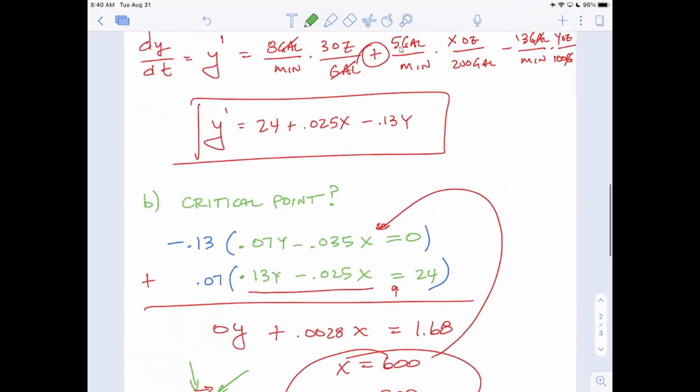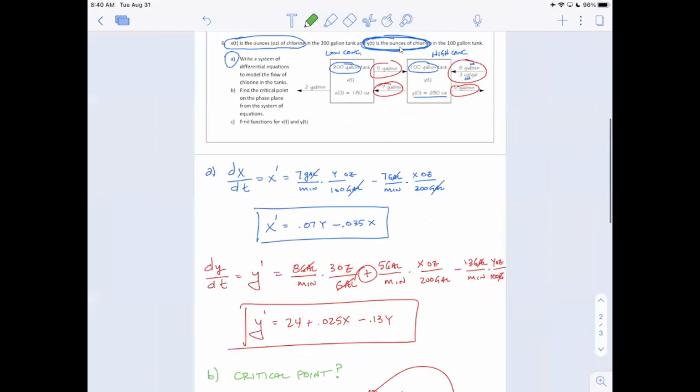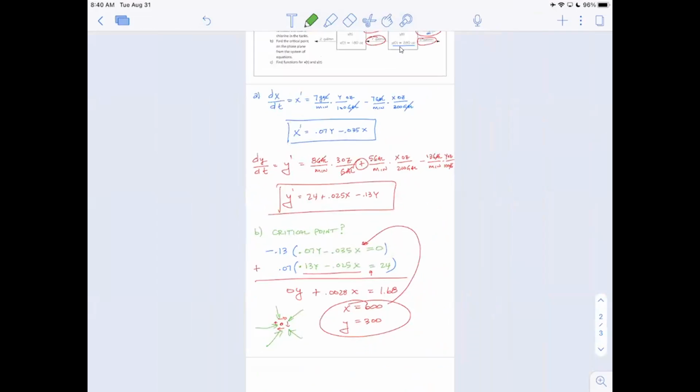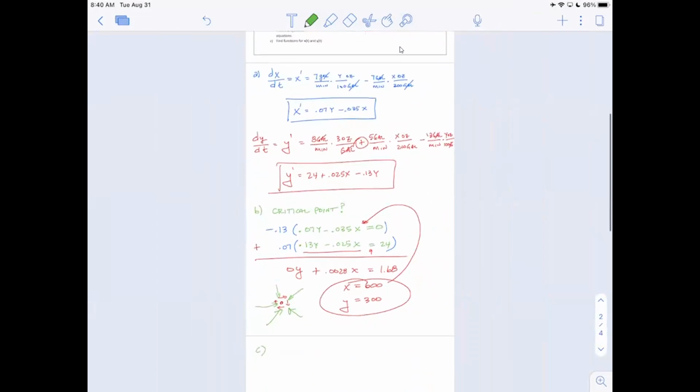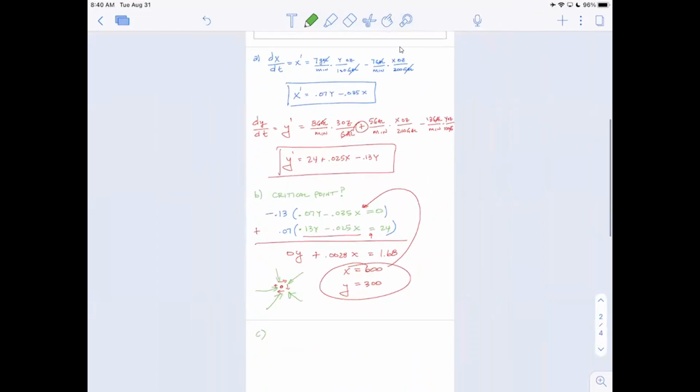So lastly then, let's go try to solve this thing. Can you actually find functions for those? Can you solve them? And just to kick you off in the right direction, if you want this to be easy for yourself, we learned that there's this cool thing called operator form, where instead of x prime, you write Dx, so that now the two x's can be collected together, since if I added the 0.035x to the other side, and I think I'll even subtract the 0.07y to the other side,